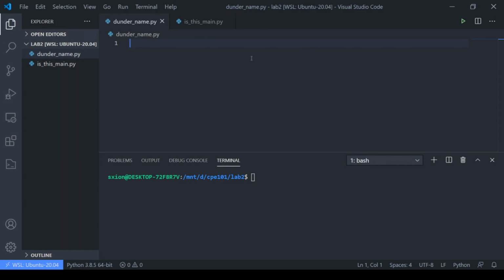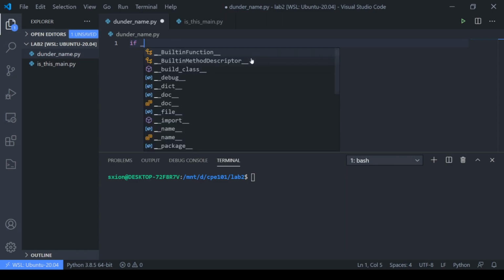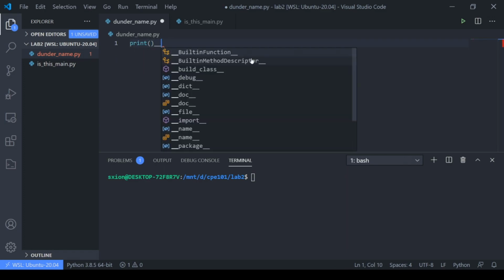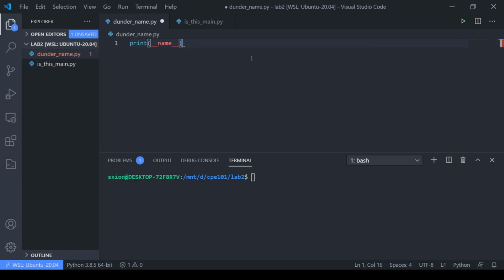Kind of like what Toshi was saying earlier, the if __name__. This part is just a variable that's already defined inside of every Python file. Just like how you can say x is equal to 5, __name__ is just something that's already defined for you. For example, if I print __name__, it'll tell me the name of what the file